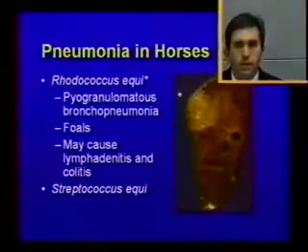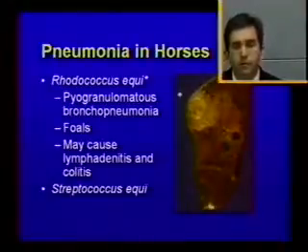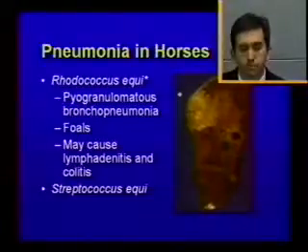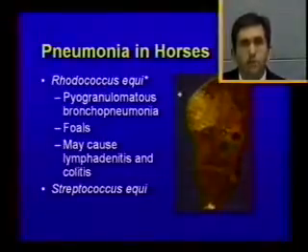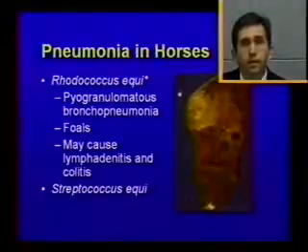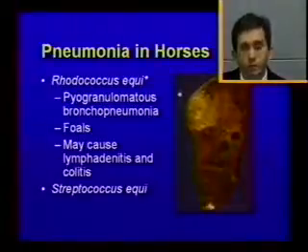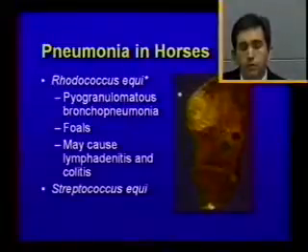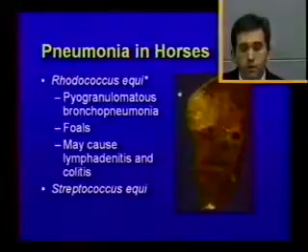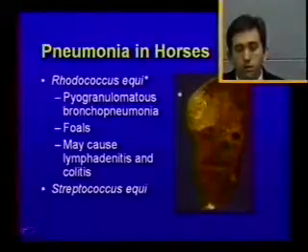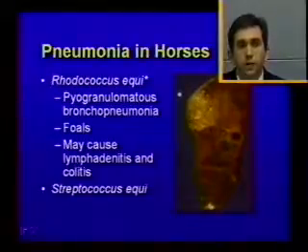In horses, there is a bacterium that is very important in causing pneumonia in foals, and this is Rhodococcus equi. This is an agent that's found in the soil, and it's very persistent, meaning that farms that have been infected once will more than likely be affected again in the next foaling crop. It causes pneumonia, and it classically forms this pattern shown on the right, which is a focal pneumonia that originates around a bronchus. And I can't show you the bronchus in this particular focus,